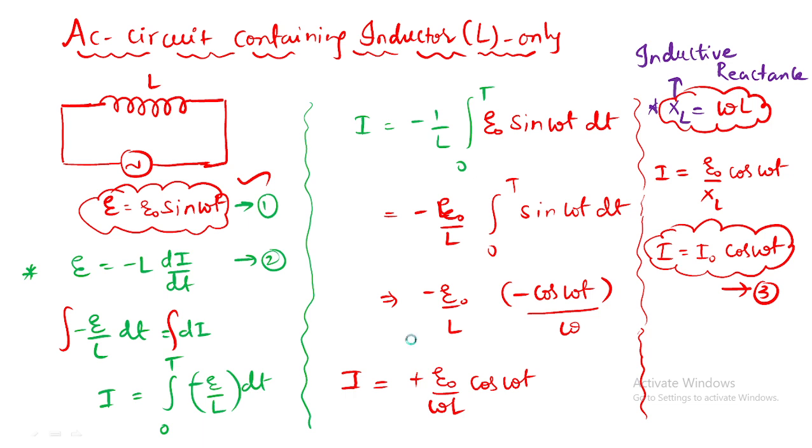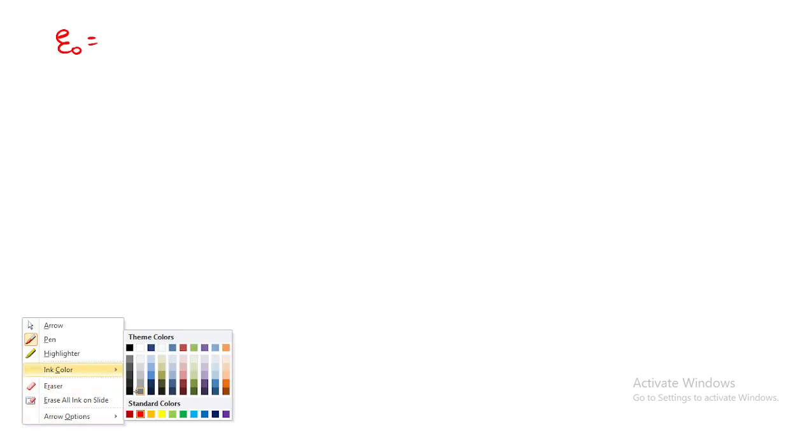Finished? Next, what E naught value did you give? Sorry, the instantaneous value, what is this one? We will write it as a, this is instantaneous. You gave the instantaneous EMF. What is the instantaneous EMF formula? E naught into sine omega t, you got it. Yes or no? What about the instantaneous current you will get?